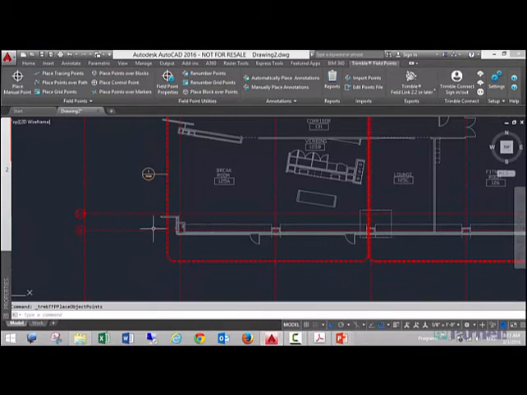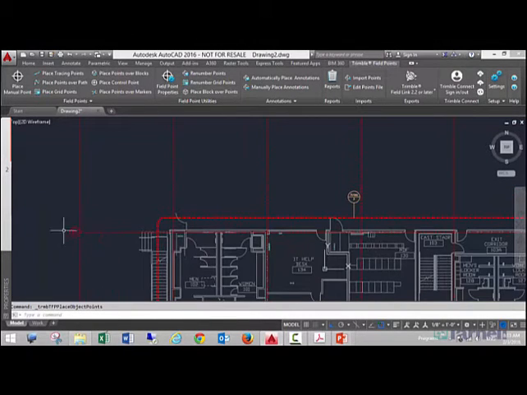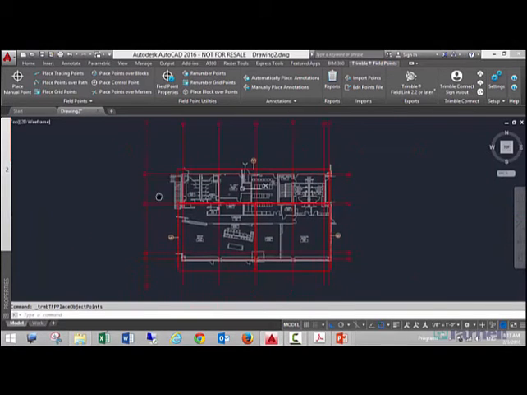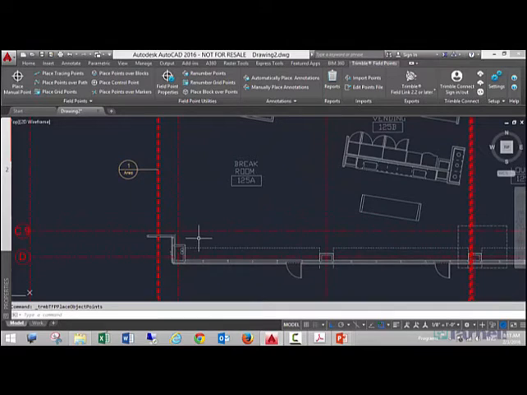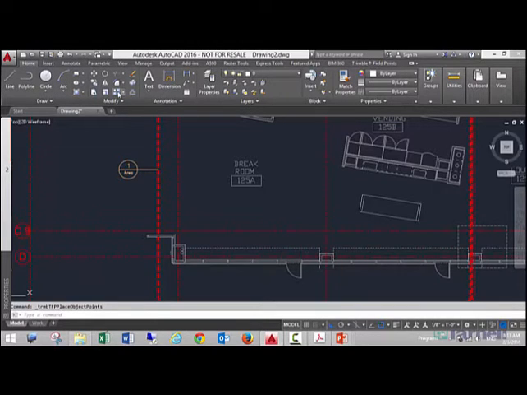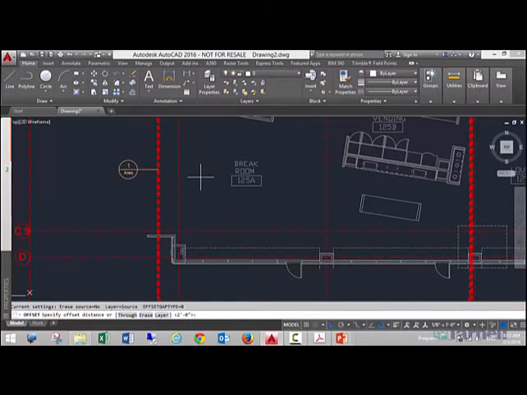So for instance, the GC came back and mentioned that off of column D and 6, so D6 and B6, they're offset 2 feet towards the inside of the building. So he's given us 2 control points in the building to do layout. So the first thing I want to do is go ahead and do an offset of my control lines, or of my grid. So I'm going to do an offset of 2 feet, and I'm going to select